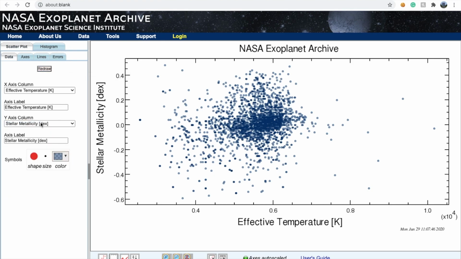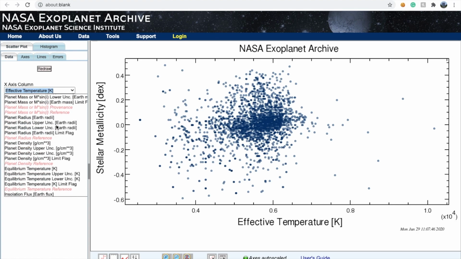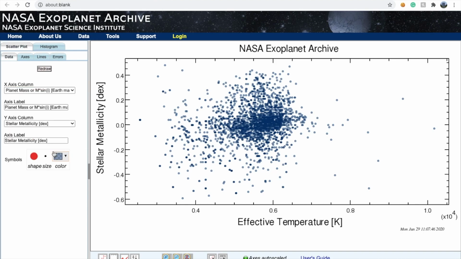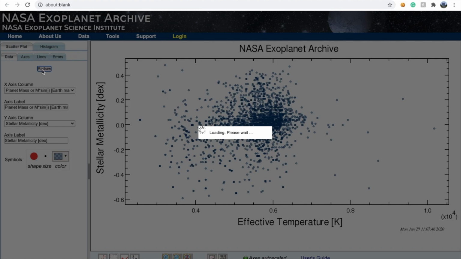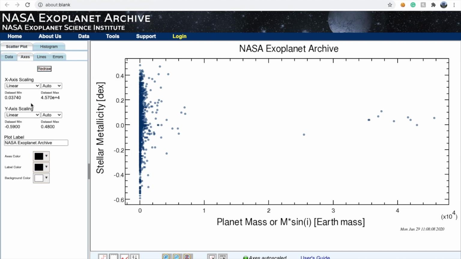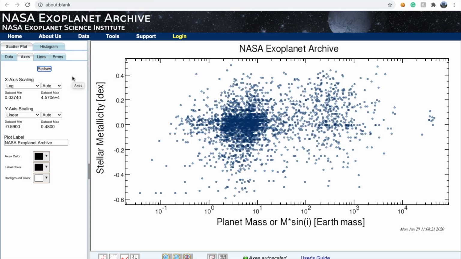So one more case I'll show you, which I'm currently working on. How does planetary mass depend on metallicity? Usually, if you take it, this is a very big sample, and the plot is not very clear, so you can of course change it into log scale if you wish to. So I'll do it in log scale and redraw the plot. So here is the plot. Yeah, it's in log scale, and we do not see any such kind of trend in this case.